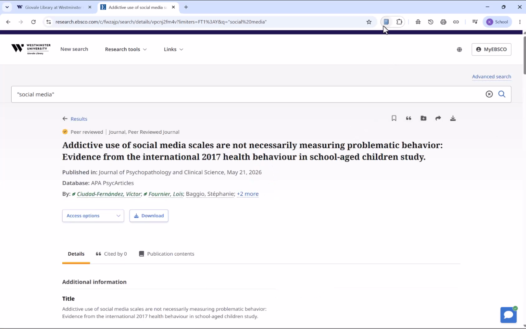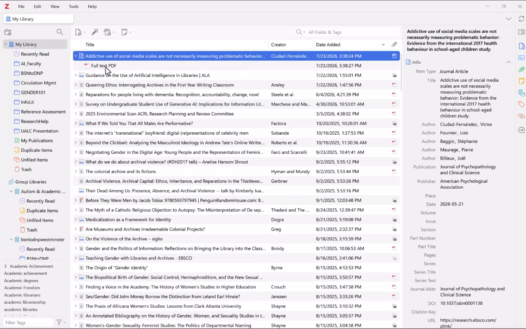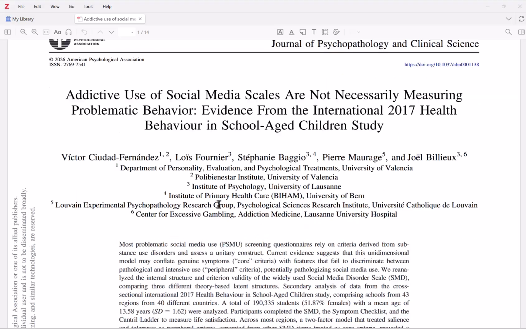And you can see that the Zotero icon has changed once again. Kind of looks like a little book at this point. So I'll go ahead and click Save to Zotero. And you can see that what's being saved is that metadata again and a full text PDF. Under these access options, we have access to online full text and a PDF directly from the database. So what Zotero has done is it's pulled in both the metadata for this journal article, the authors, the publication, the volume and issue number, the date, the DOI, pretty much everything we'd need to cite it, and this looks pretty good, and the option to actually read or view the item.